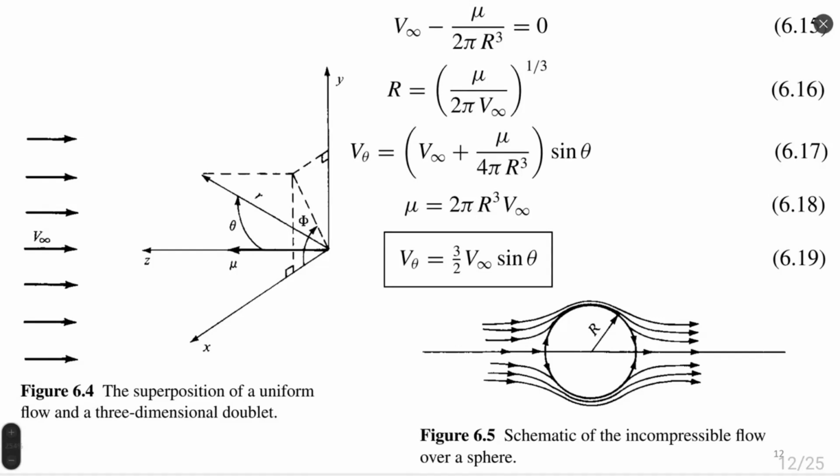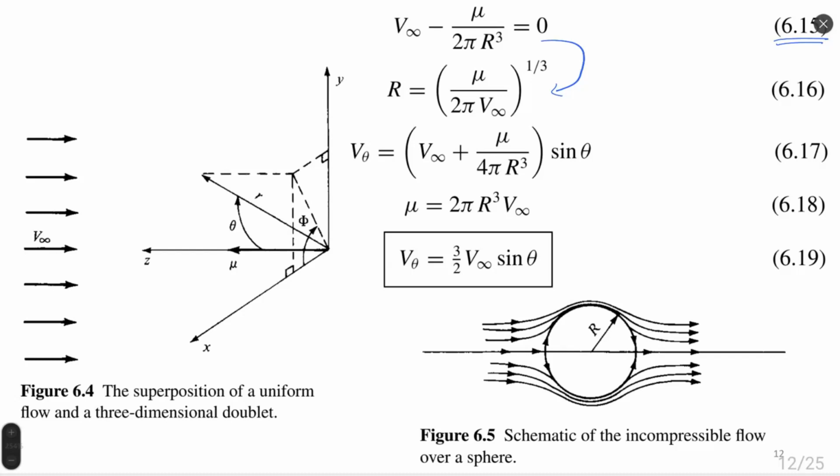Equation 15 shows to us the conditions on the surface, or let's say the streamline, which has zero value. I would like to remind you that a similar concept of zero value streamline to equation 15 we had in two-dimensional flow when we were looking for the size of the cylinder. Here for three-dimensional flow, from equation 15 we obtain equation 16 as the radius of the sphere.